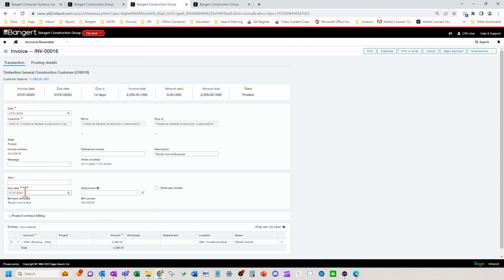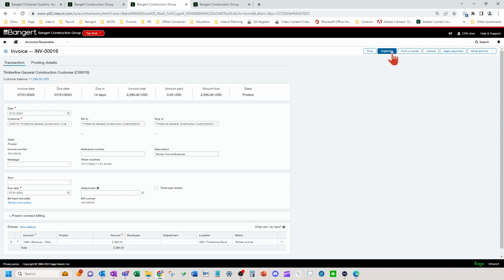Now in this transaction, I've picked the bill back template so that when I create and save this invoice, that bill over here on the AP bills screen creates the payable. So I'm going to duplicate this to show the screen and the whole process.